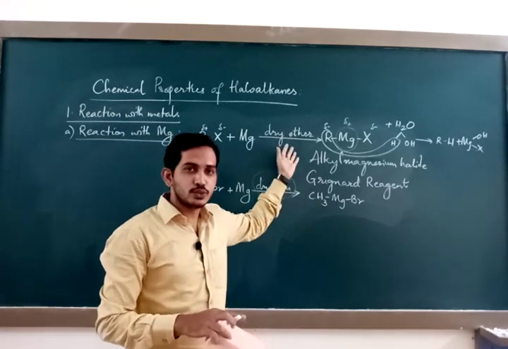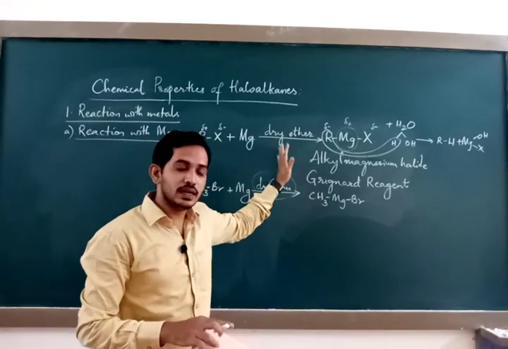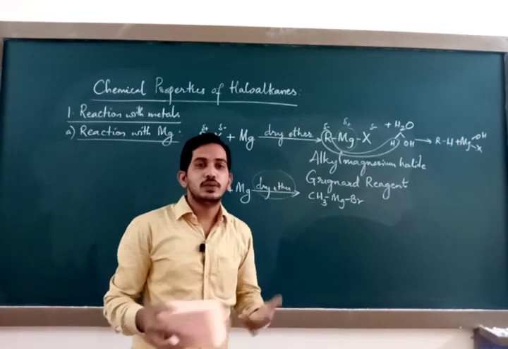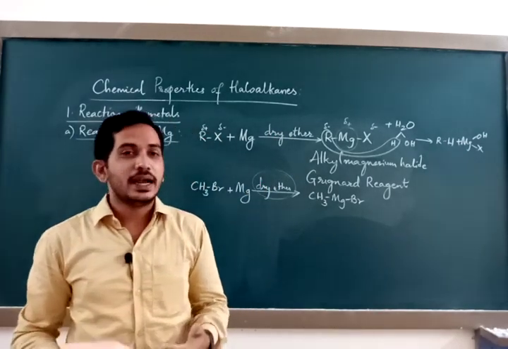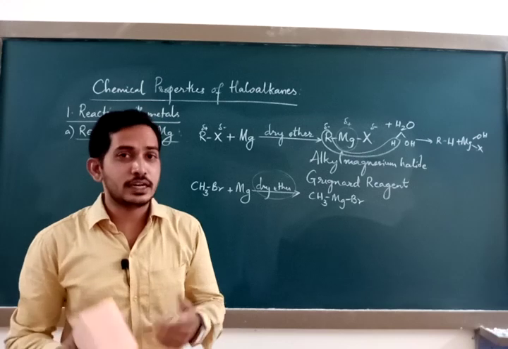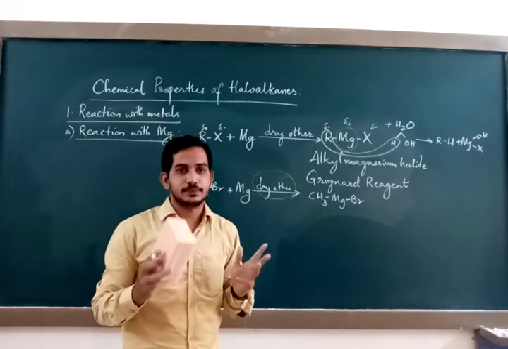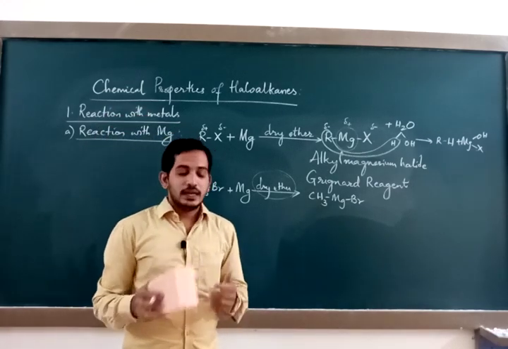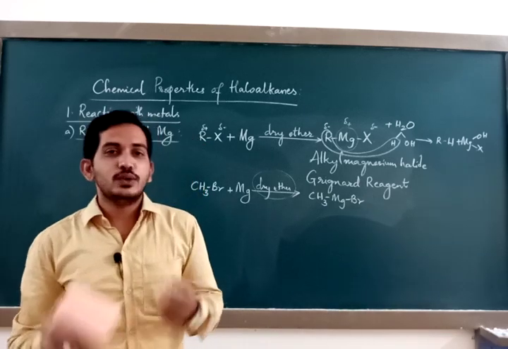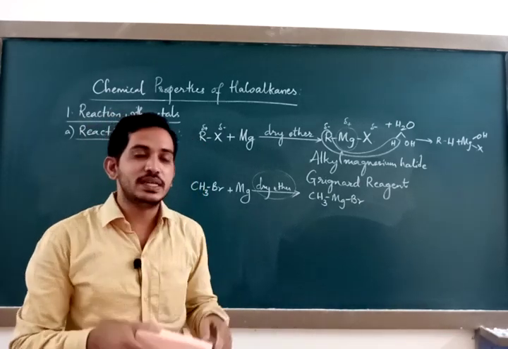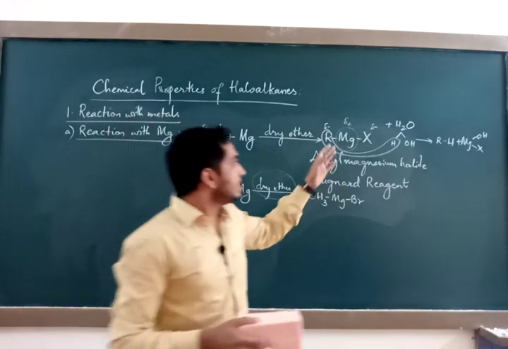The solvent should be dry ether. Compulsorily, you are supposed to write dry ether. You will get alkyl magnesium halide and they are called Grignard reagents. Their general formula is RMgX. Understood? Then during the preparation of Grignard reagent, you are supposed to use dry ether compulsorily because Grignard reagents are